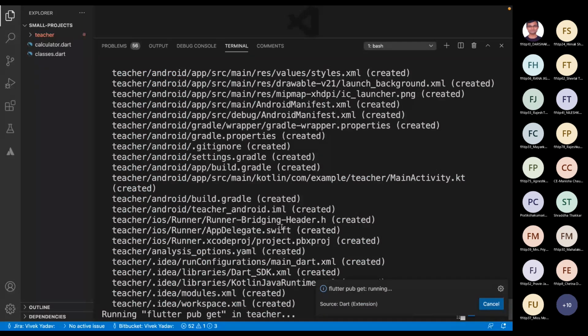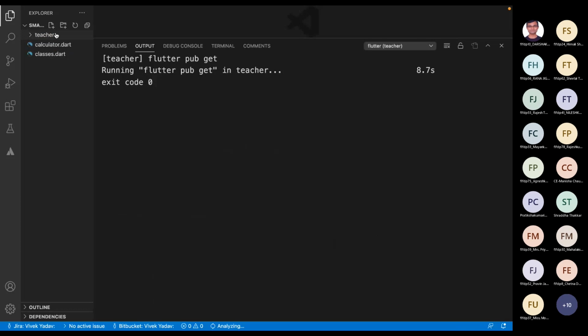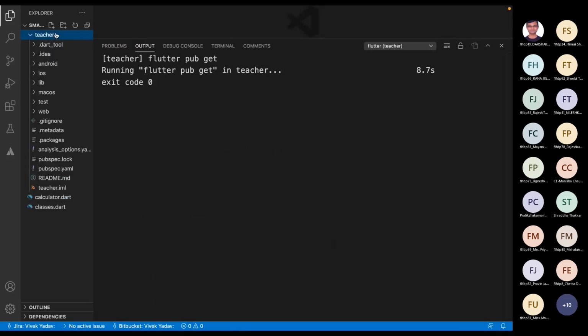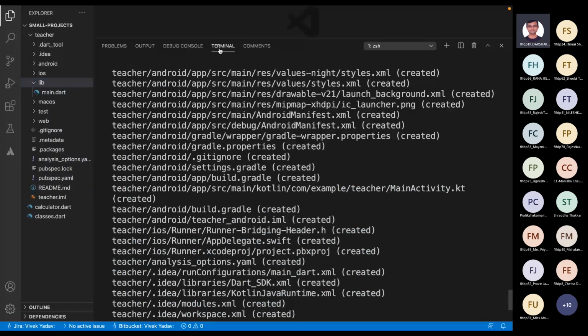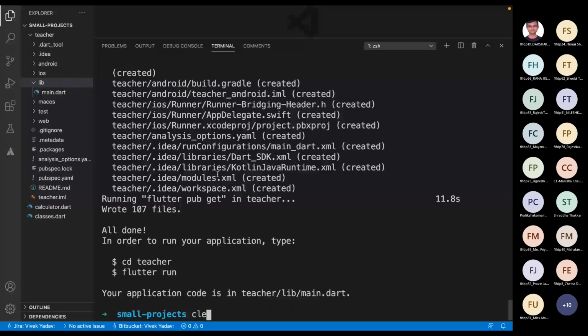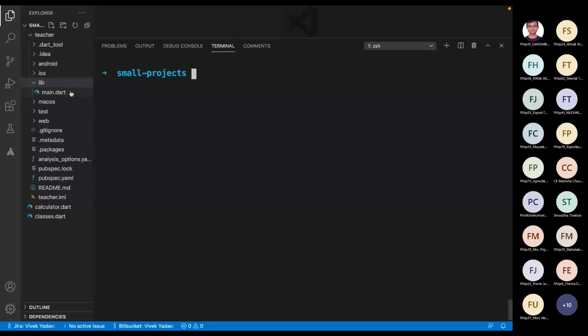Okay, and here we can see a folder named teacher. The name teacher here is the project name. And I hope everyone is familiar with the project structure. I guess Drumil has taught us what the project structure is, what the main.dart file is, what the pubspec.yaml is. I guess everyone is familiar with that, right? Can I get a heads up on that? Yes, sir. Okay, great.